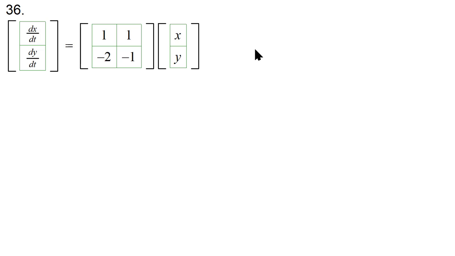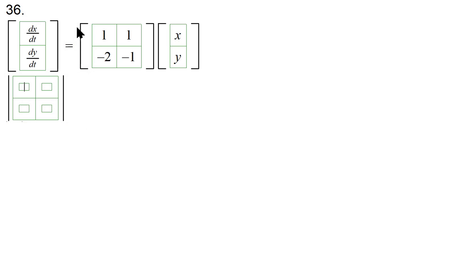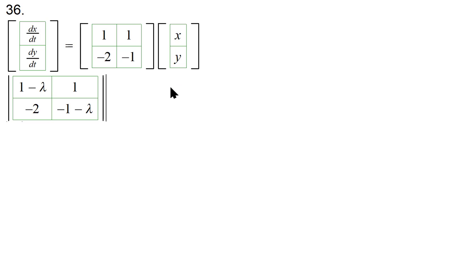Now we are going to use the eigenvalue method for finding a solution for our general solution of this system of linear equations. So first we find the eigenvalues. So what we do is we will just solve this equation, -2, then -1 minus lambda, okay? And that determinant has to equal 0, which means that we will have